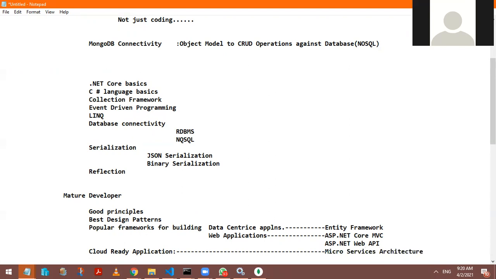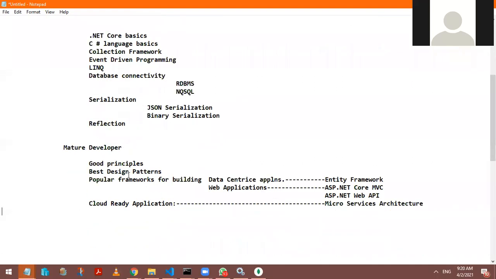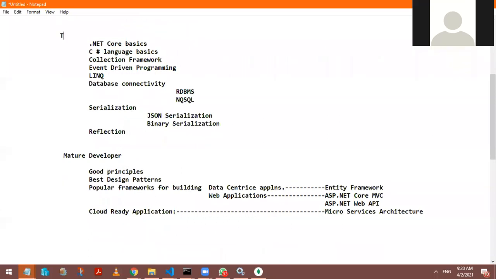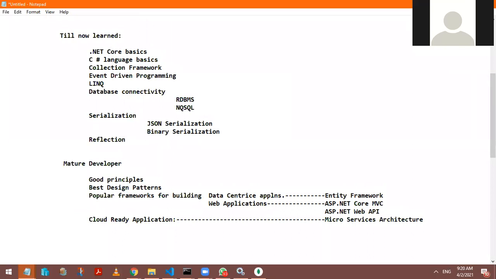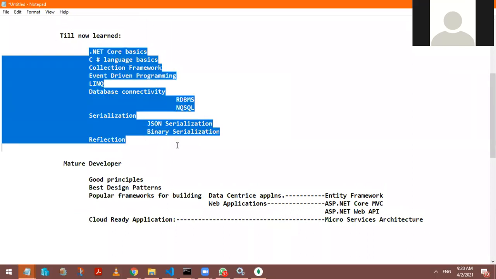So the rest of the things we like to learn in the future will focus on this whole area. Up till now, this work has been taken care of. Till now we learned all this.